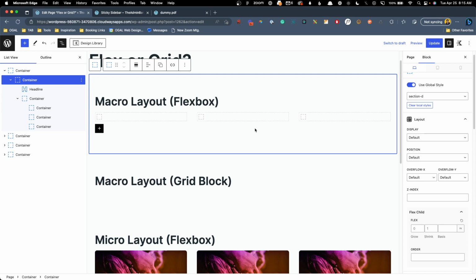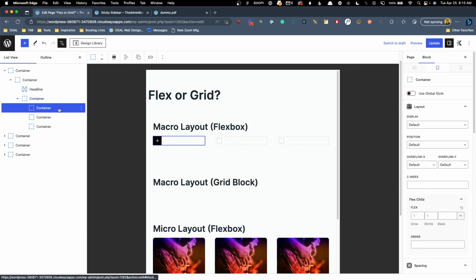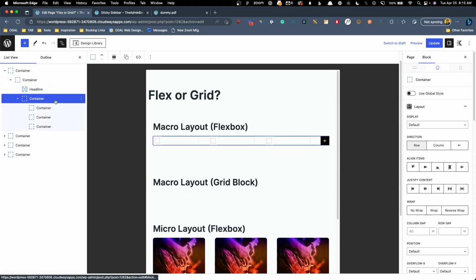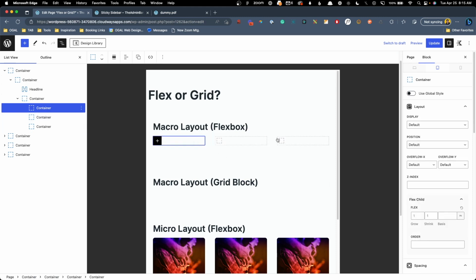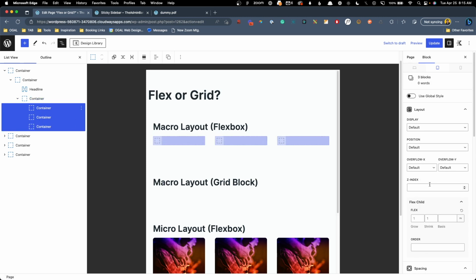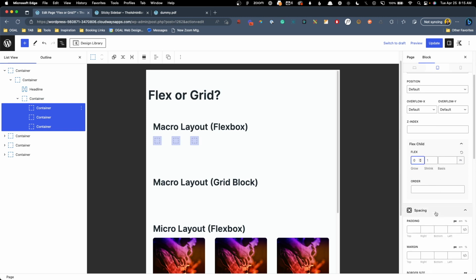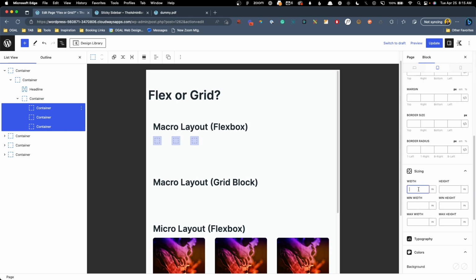Where I run into some problems with this is, let's say we want to go down on tablet, we just want 2 columns. So now we have to go back to this Flex container. We have to make sure that we have wrap turned on. These are automatically getting their width based on just how much they can grow, but at this point we want them to be 50%, so we're gonna have to select all 3 again. We can turn the grow off, and we can change the sizing to 50%,